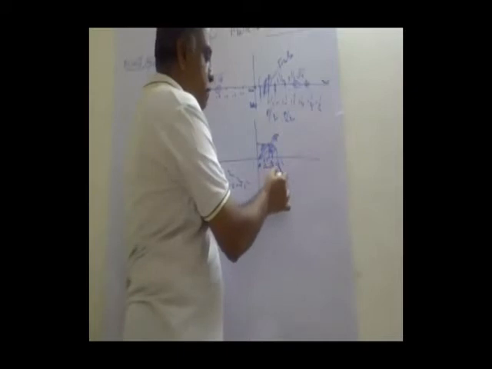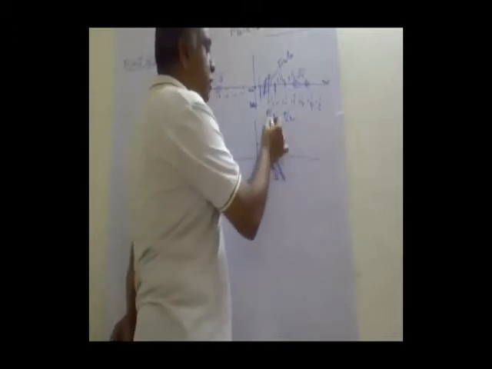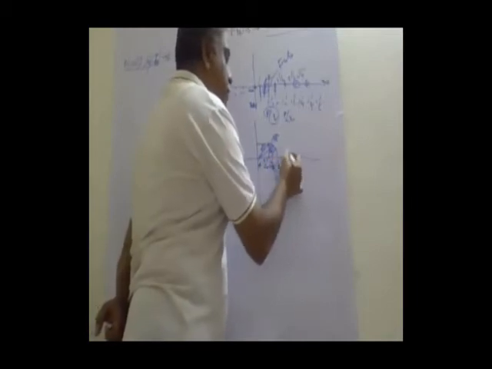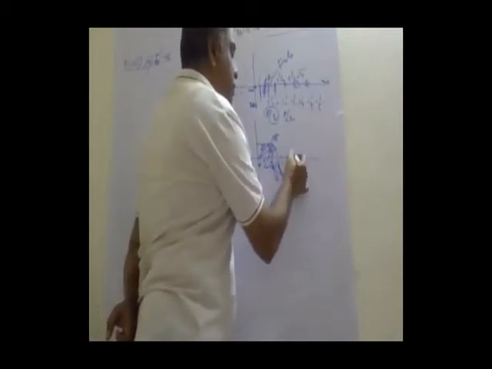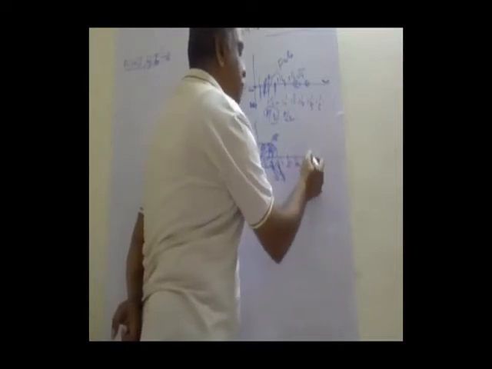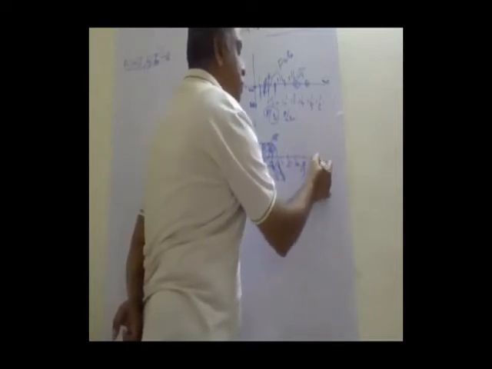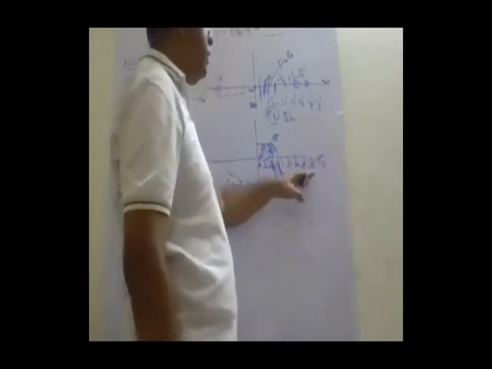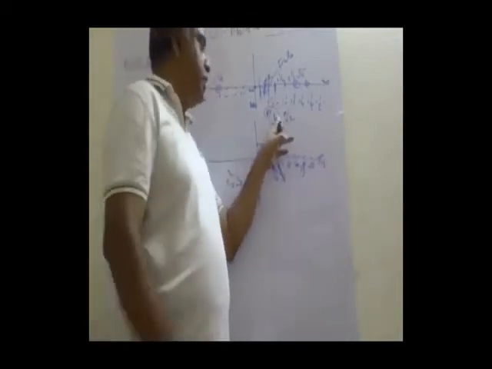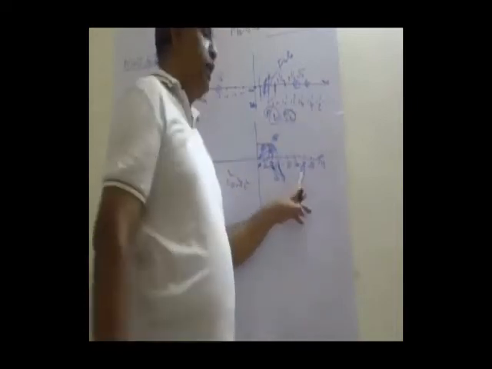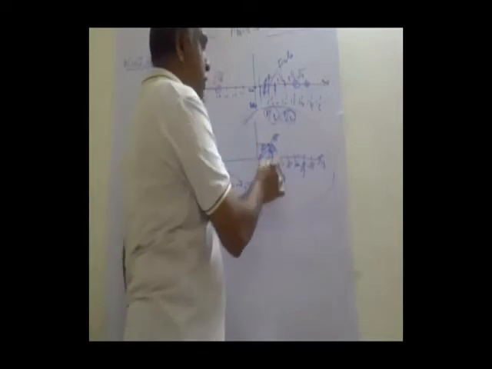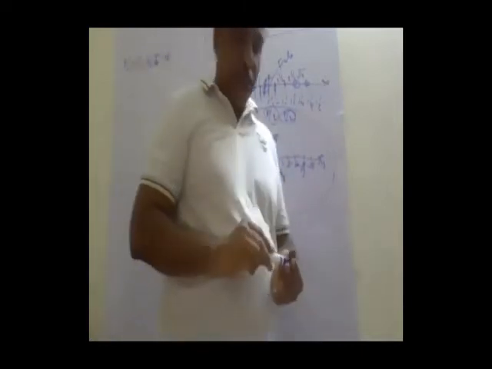There are some numbers which cannot be represented in P by Q form. They are root 2, root 3, or roots of prime numbers: root 5, root 7, root 9, root 9 is 3, no problem, root 11, root 13. They cannot be represented in P by Q form, so they are called irrational numbers. These are all rational numbers, P by Q. These are irrational numbers. In this chapter we are going to study both rational and irrational numbers. Okay, we'll proceed.